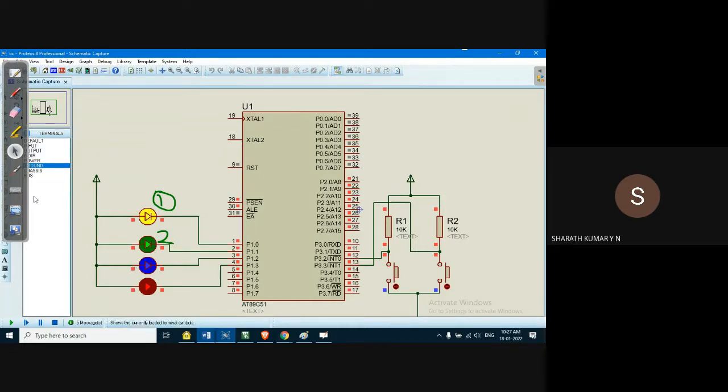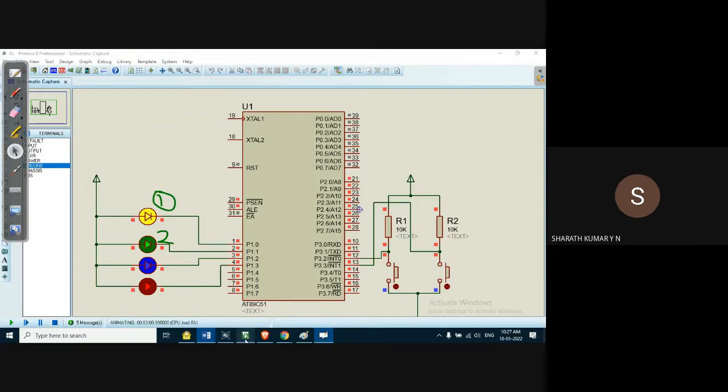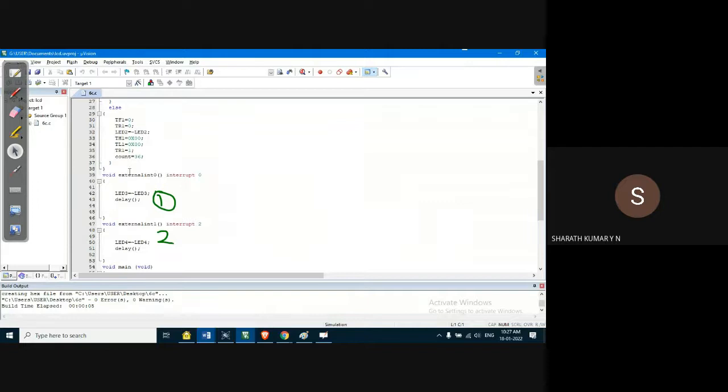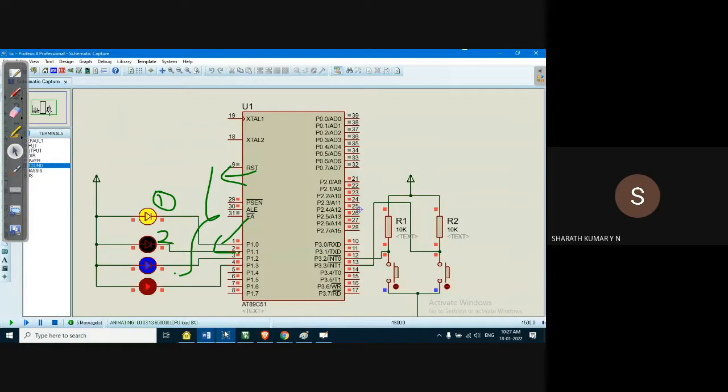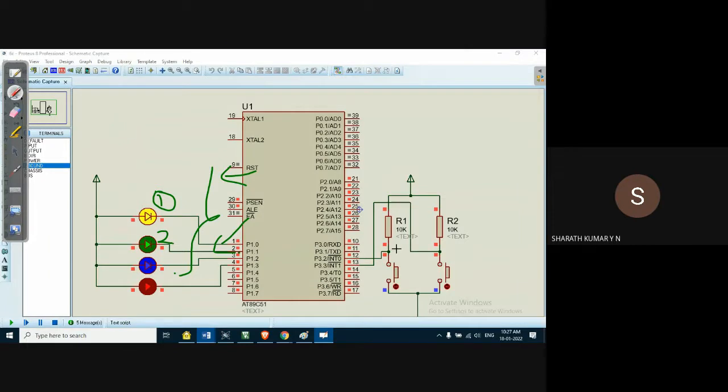It should change, but practically what we understand is that the microcontroller can execute only one ISR at a time. Either it will execute this ISR or that ISR, but physically the execution is so fast that for us it looks like the microcontroller is executing both ISRs at the same time. Hardware-wise, when both switches are mechanically pressed, both LEDs should change state at the same time, maybe with a slight delay which we may not be able to visualize. So this is the sixth C program, exercise program.